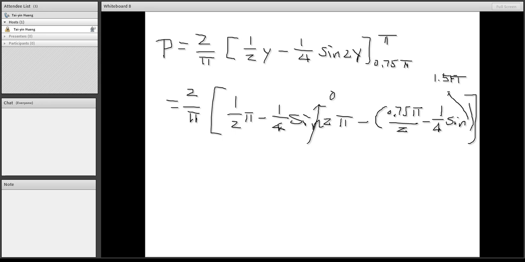And then after you do the calculations, plug in the numbers. This pi is in radians, so make sure that you either change the mode on your calculator, or you just convert it to degrees and then calculate what the value should be for the sine of 1.5 pi. And then the final answer,